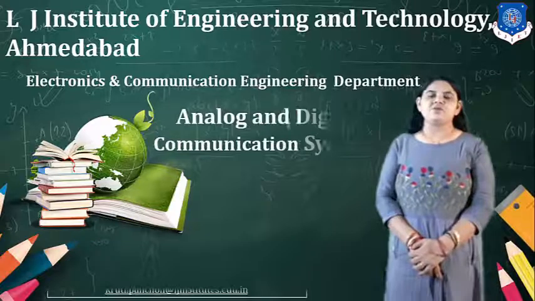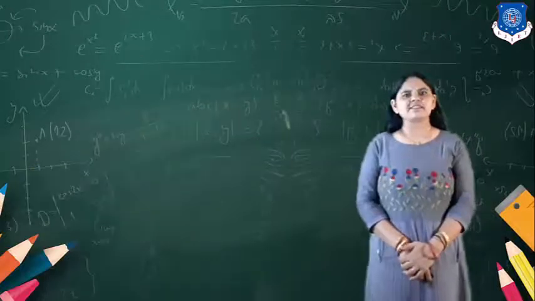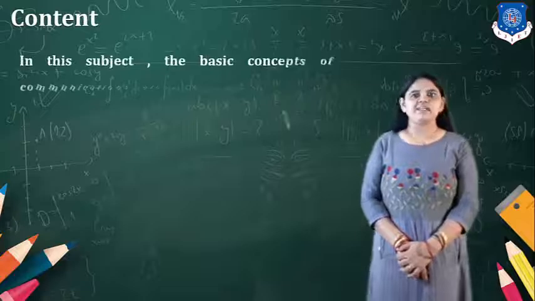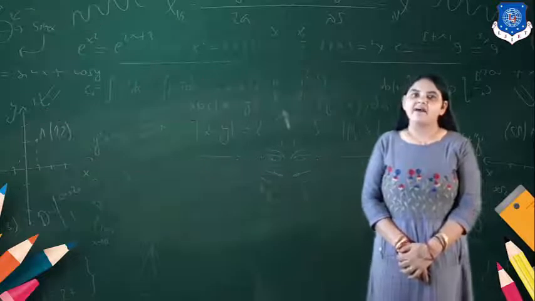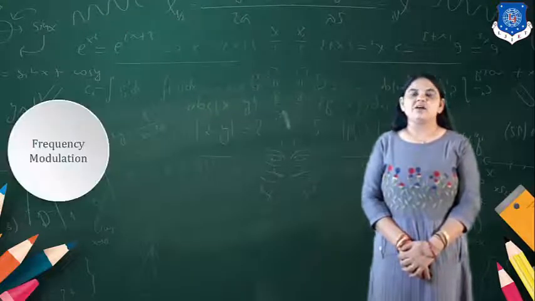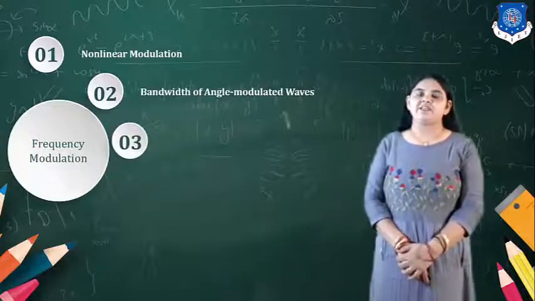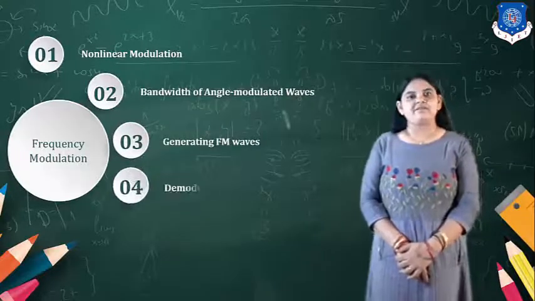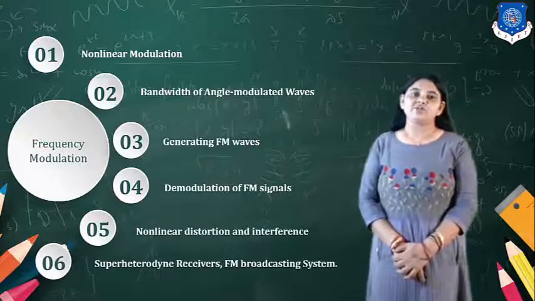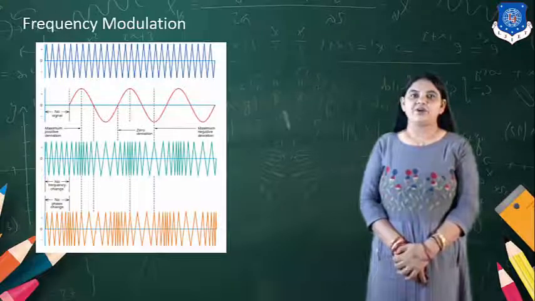In this video, we will learn about frequency modulation. As we discussed in the last video, angle modulation is classified into two categories: frequency modulation and phase modulation. We have derived the equation for the FM wave. We have also found the modulation index, deviation ratio and the deviation constant. Now, in this video, we will first see the effect of the modulation index.